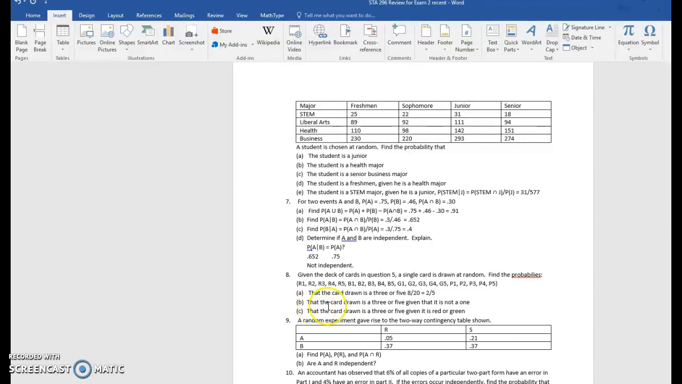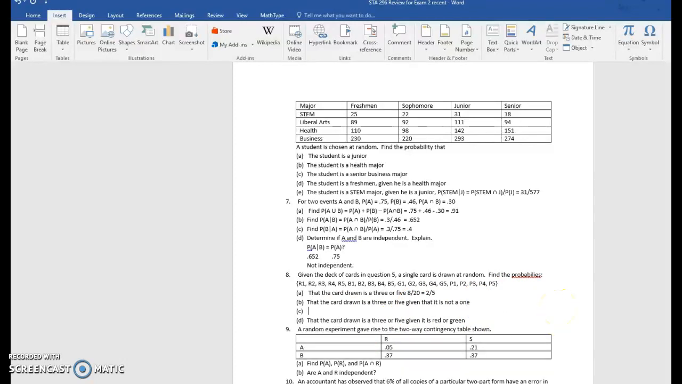All right, so let's take a look at B. We want to find the probability that the card drawn is a 3 or a 5, given that it is not a 1. Okay, so this is a conditional probability. We want to find the probability of 3 or 5, given not 1. All right, so let's remember our conditional probability formula. That's going to be 3 or 5 intersected with not 1 on top,